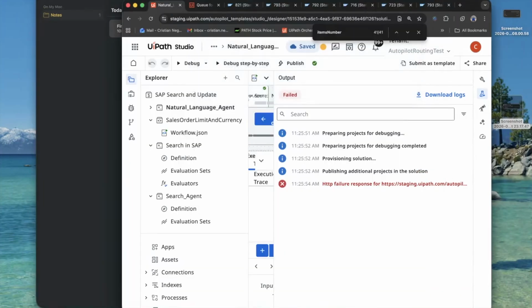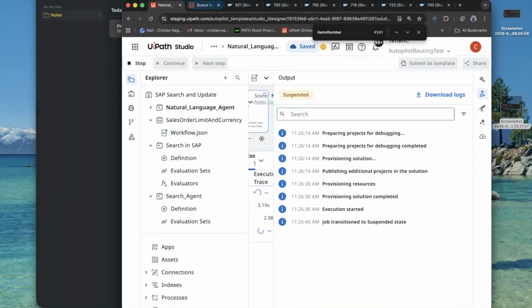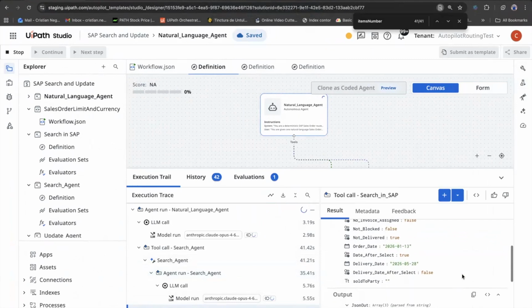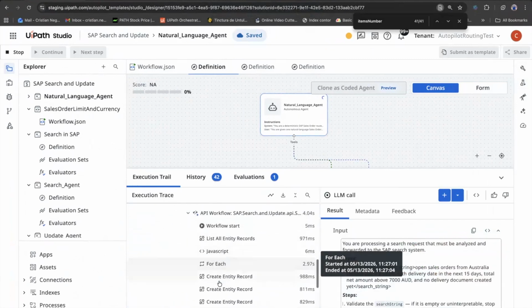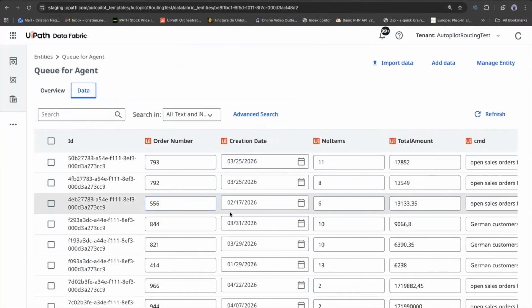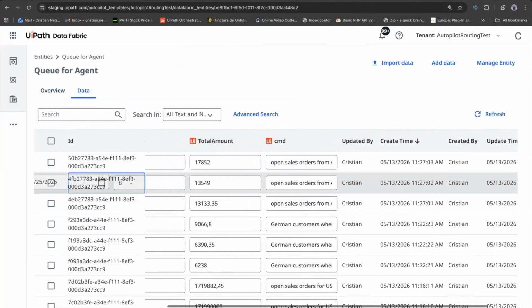In the fourth scenario, I will demonstrate how the agent can prioritize urgent customer deliveries. The request sent to the agent is: find all open sales orders from Australia created in the last 4 months, with delivery date in the next 15 days. Total net amount above 7,000 Australian dollars, and no delivery document created yet. Change the shipping condition to express delivery, and add the note: